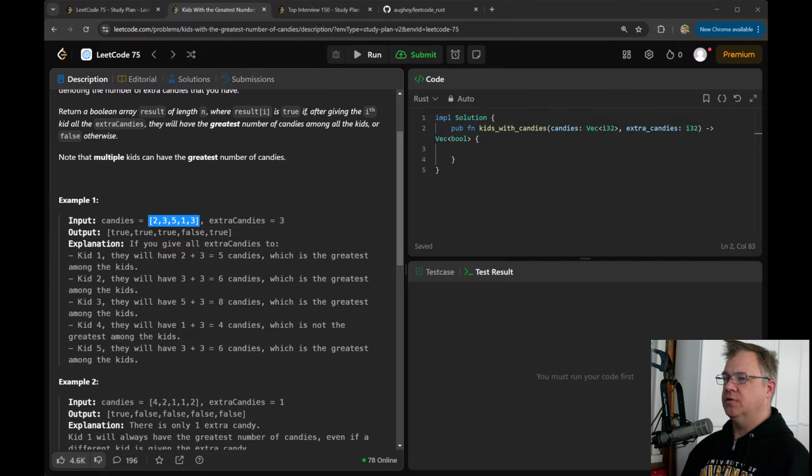We're just going to return c plus extra candies is greater than or equal to previous greatest. But you have to know how many they had before. Is that going to change anything?